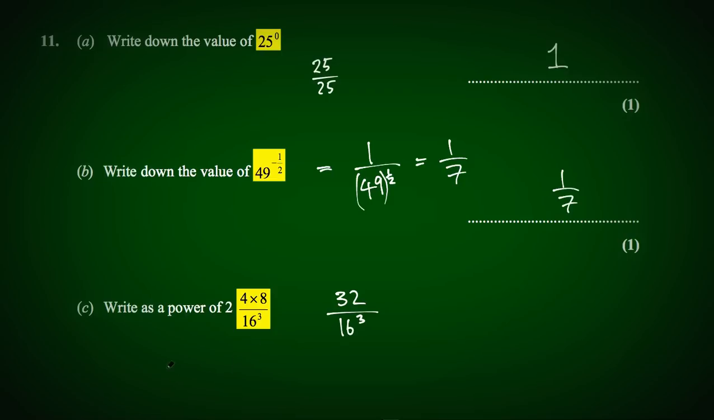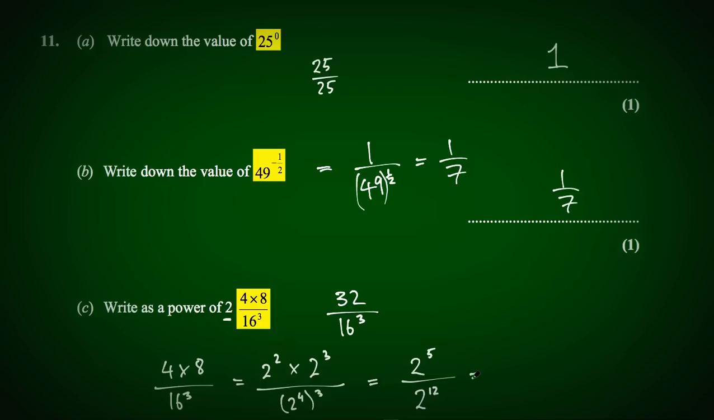So this original calculation, 4 times 8 over 16 cubed, is the same as, well, if we're thinking about powers of 2, 4 is 2 squared, 8 is 2 cubed, and 16 is 2 to the power of 4, which is being cubed. So I've replaced that 16 with a 2 to the power of 4, and that equals 2 to the power of 2 plus 3, 5, because I add the indices when I'm multiplying the same base number. 2 to the power of 5, and here's 4 times 3 is 12, so over 2 to the power of 12,